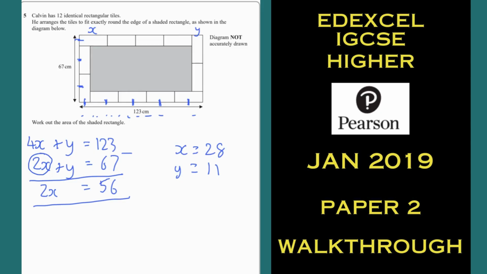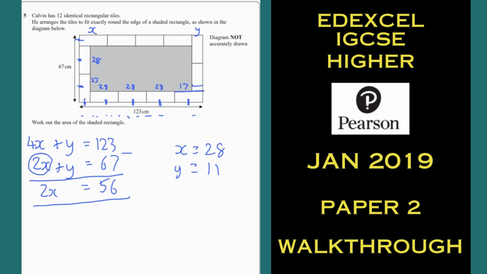Now, if we look at the length of this rectangle, that's 28, but it's not 11 either. It's actually 28 minus 11. So it's 17. Let's think of the same vertically. That's 28, but same again. This is actually 28 minus 11,